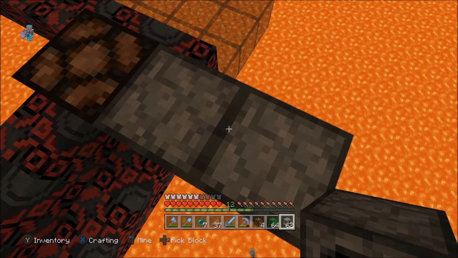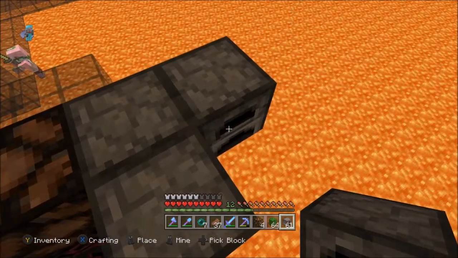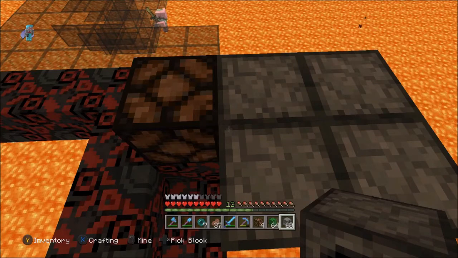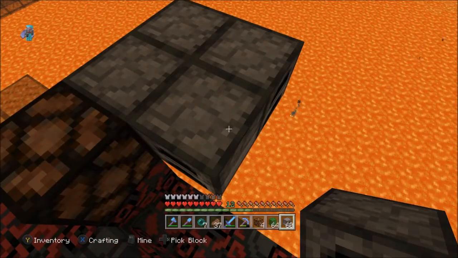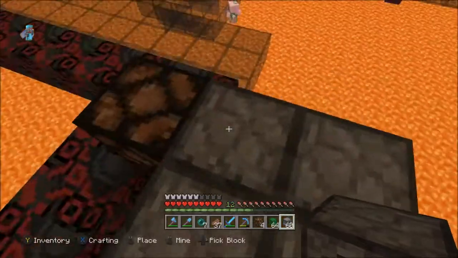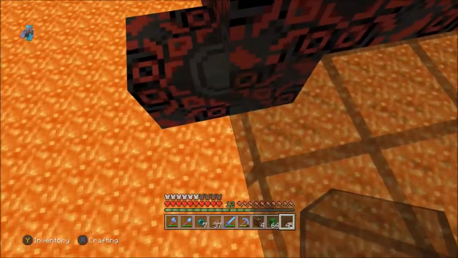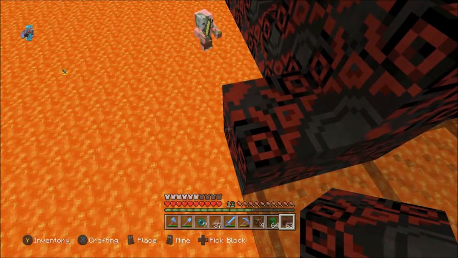Is it just there? I think it's meant to come out just one further. Say just like that. Trying to remember exactly how this goes. So that goes back, that goes like that. And then from over this side here, we actually want to build out our platform underneath, just so we've got somewhere to work. Bring you over by one. Zombie pigman falling into the lava. Okay,